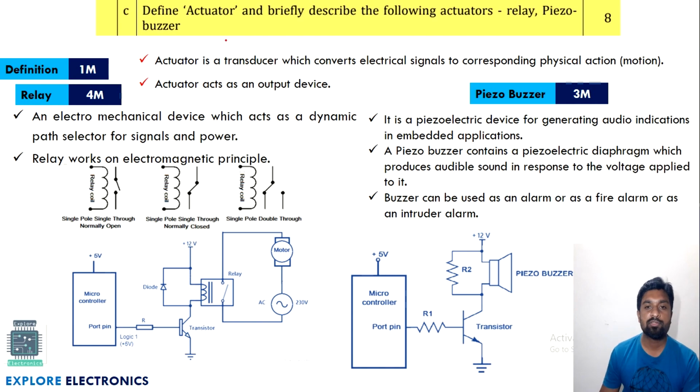And then define actuator and briefly describe the following actuators. Which are the actuators they are asking to describe? Relay and piezo buzzer. Here again it is for 8 marks. It is divided as 4 plus 4. Relay needs to be explained and piezo buzzer needs to be explained, and also we need to define the actuator. The definition of the actuator carries 1 mark, and the remaining 7 marks will be divided as 4 plus 3